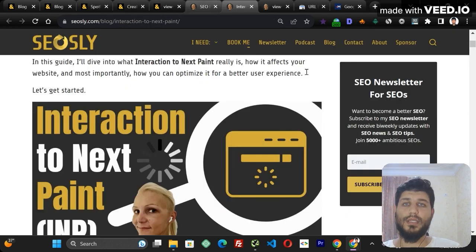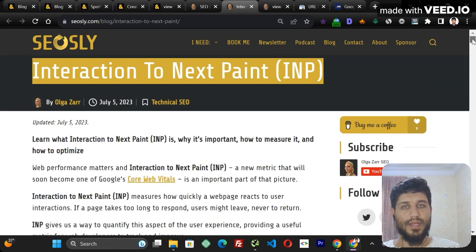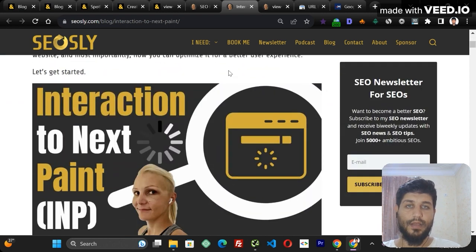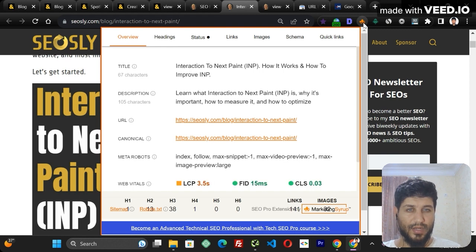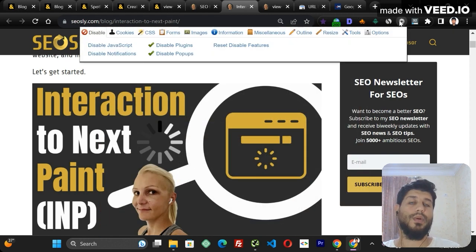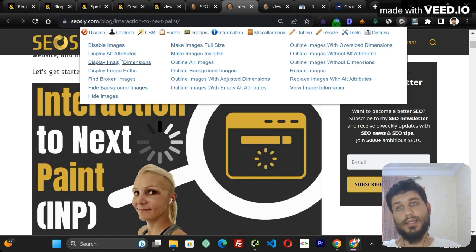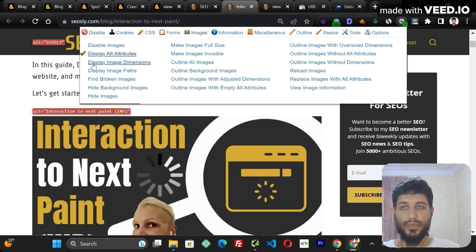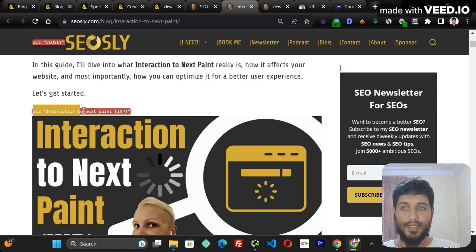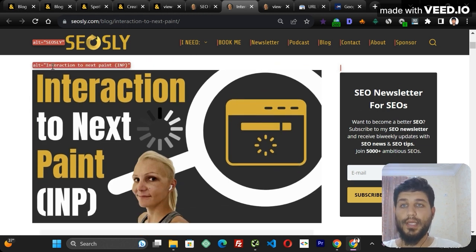Now, what else can we see? We can look for some accessibility elements, for example, if your images have the alt attribute. I'm going to go to the web developer extension, go to image, and display alt attributes for your images. You can see here the alt. If someone is using a screen reader, he cannot see the image, but he can read that this image is about interaction to next